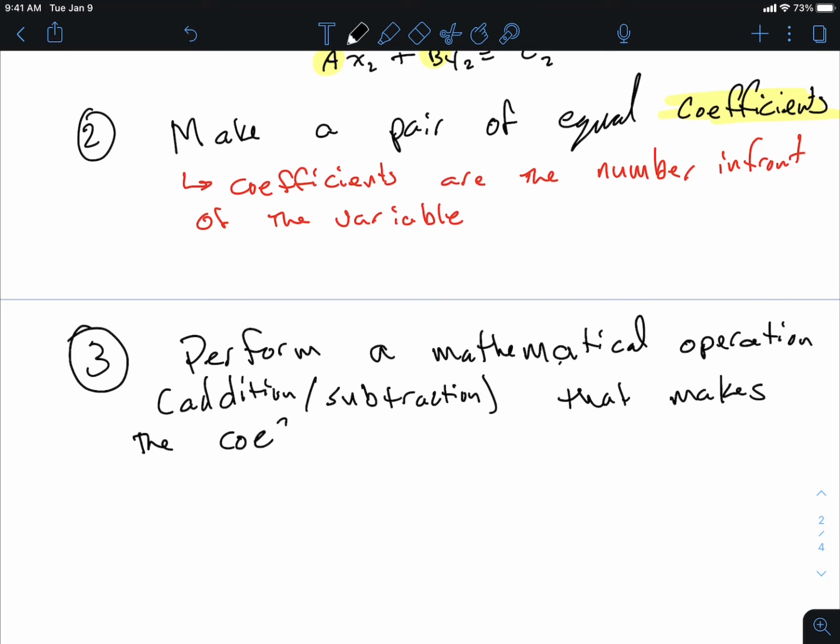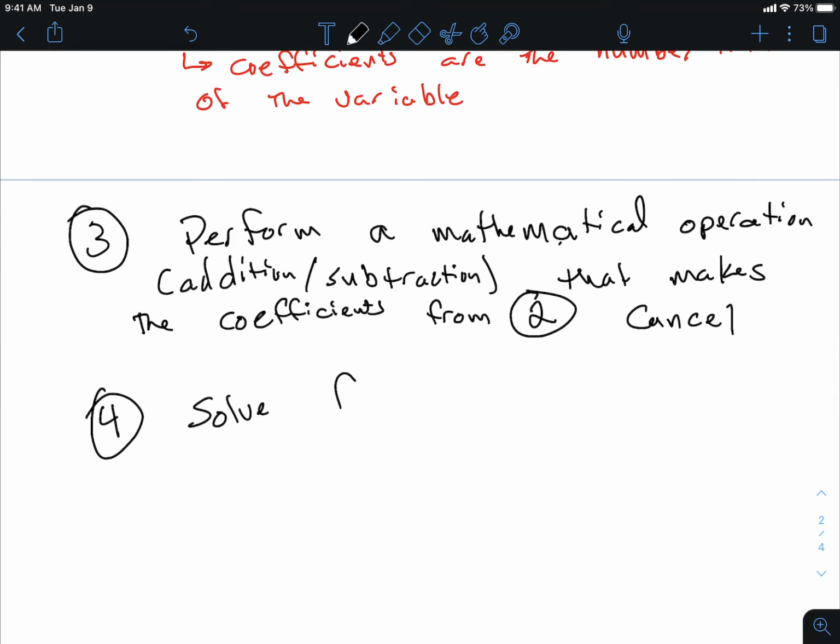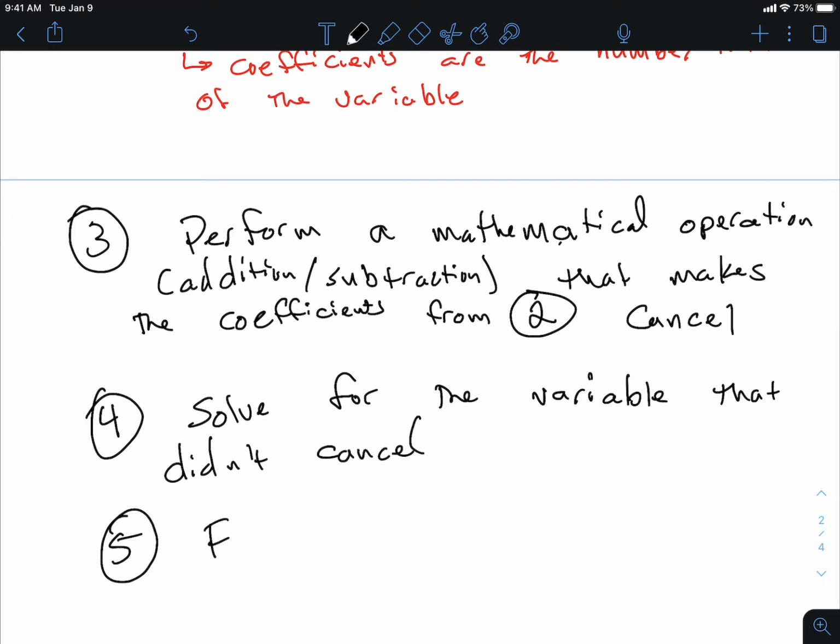I don't know how much room's on your page. From there, solve for the variable that didn't cancel. Step 5, find